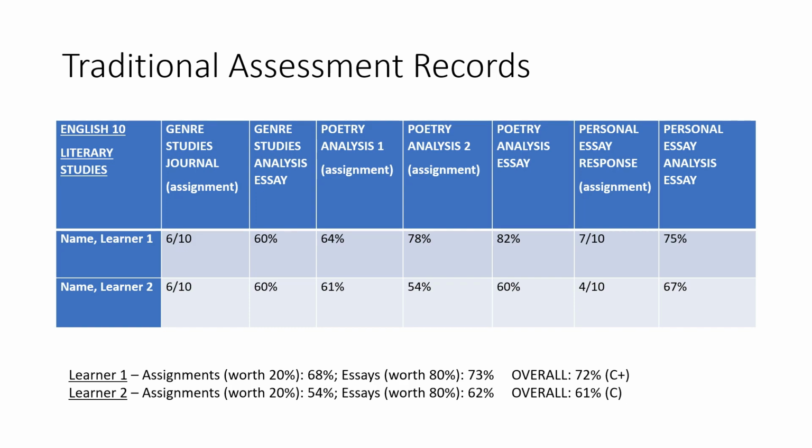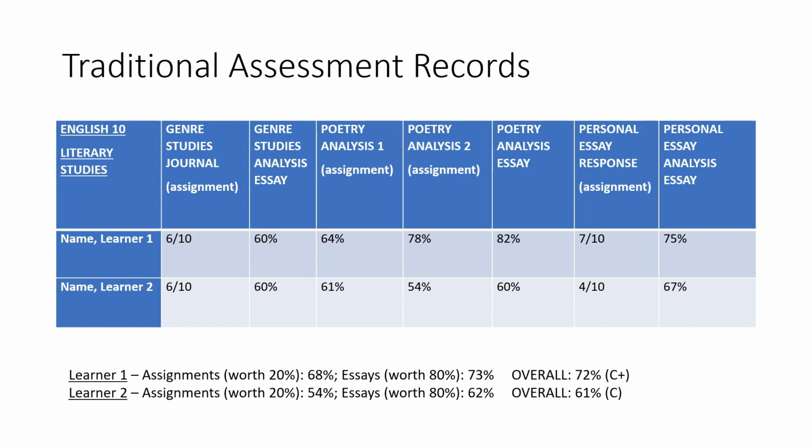I say semi-accurate because I don't actually assess this way, so I had to look back at my assessments and figure out what their score would have been in the traditional records. This is a simplistic example. But traditionally, we've assessed individual assignments and then, in essence, put them into a bin. Assignments, tests, essays, journals, etc. And then each bin has a certain weight.